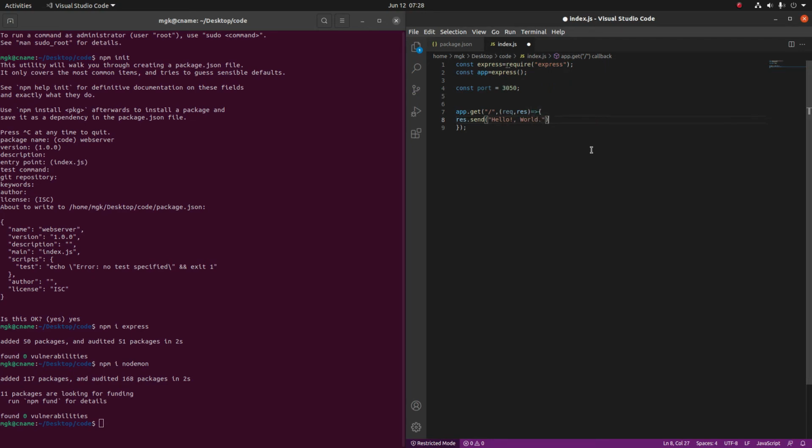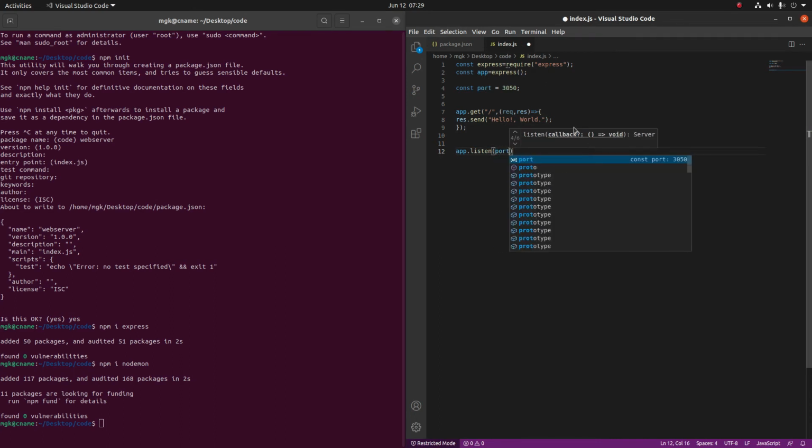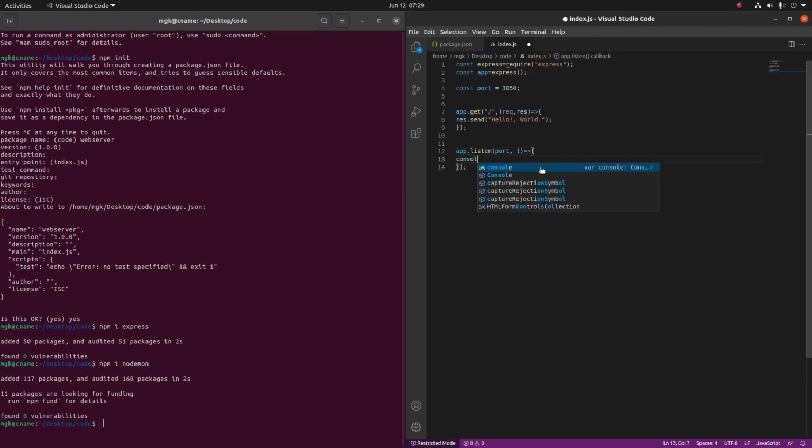Click semicolon, and then this has to be listened on some port, so the listening syntax is here with the port which we defined up here: app.listen, and then an empty arrow function, which is actually a callback function for server monitoring.